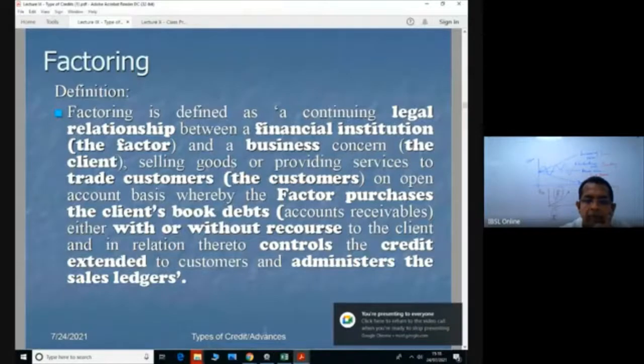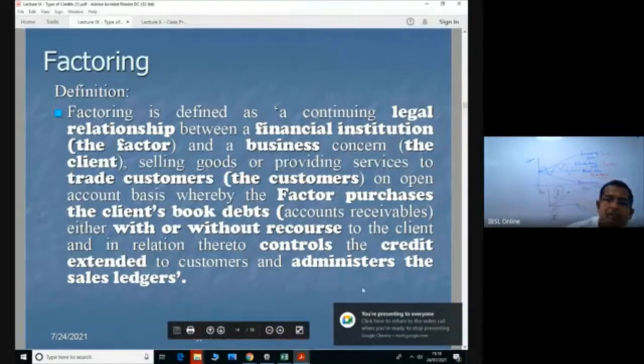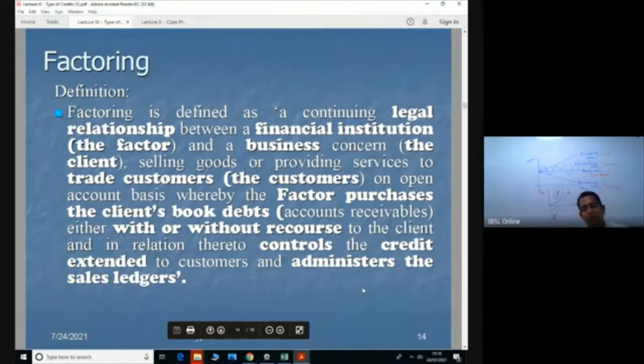We are at factoring, right? This is one way of financing short-term working capital requirement. This is the definition for factoring. I'll just read it out for you. Factoring is defined as the continuing legal relationship between a financial institution, the factor, and the business concern, which is the